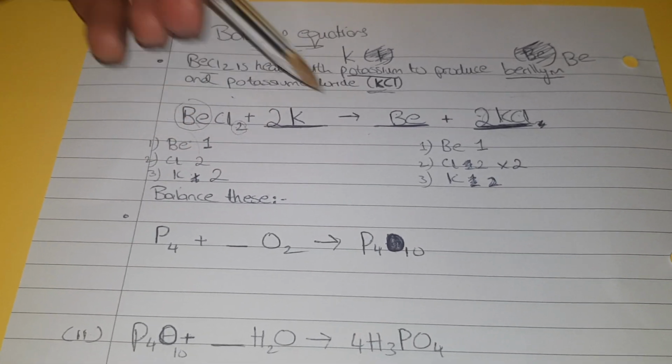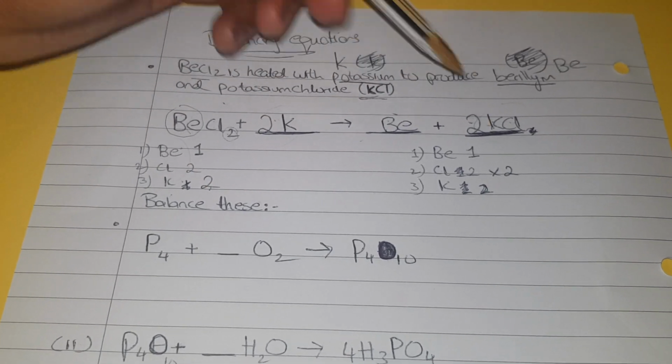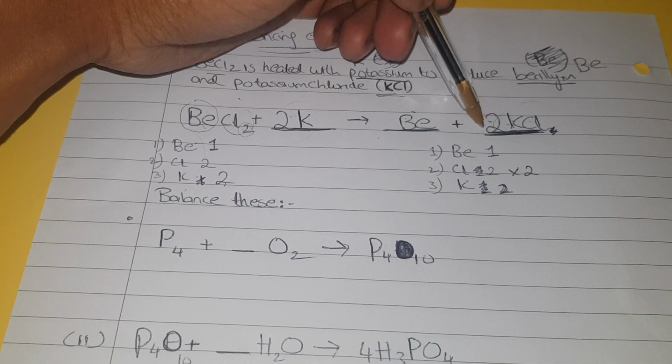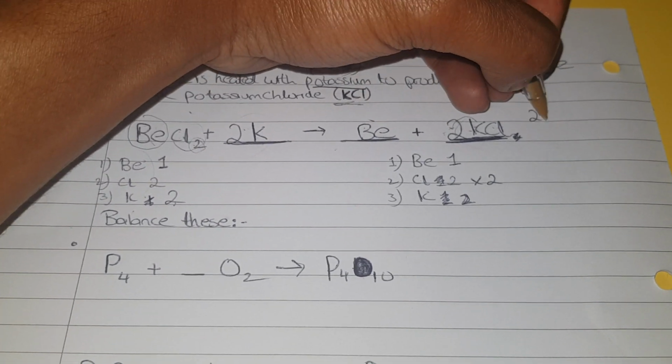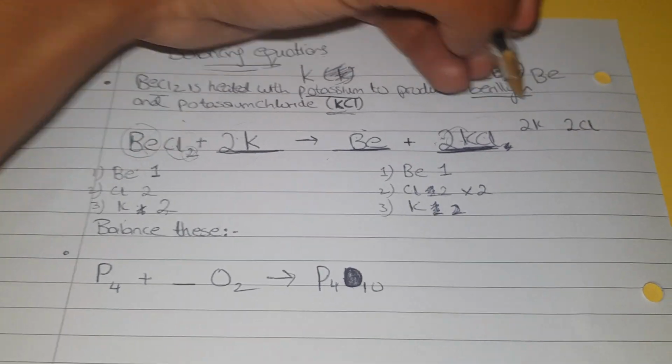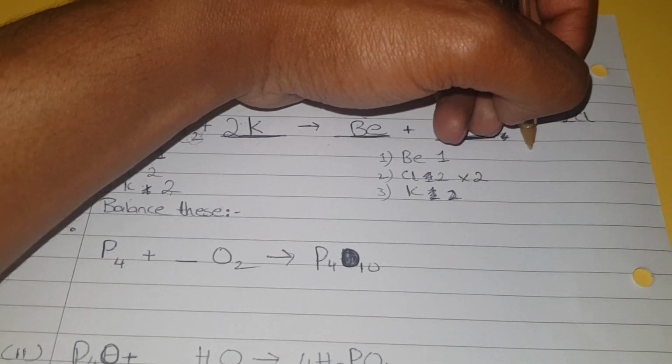So now we have one beryllium, 2K there and 2K there, and then 2 chlorine and 2 chlorine, because this 2 is multiplied by everything. So it's like 2K and 2 chlorine, if that makes sense. Yeah, so the 2 is multiplied by everything behind it. If I wrote, for instance,